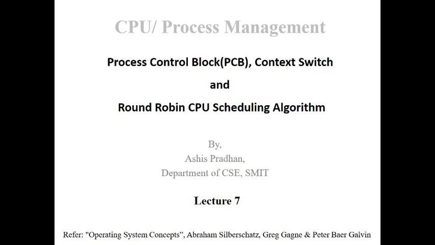So just to summarize, what we discussed in our last session was all about the process state diagram, and some of the CPU scheduling algorithms like FCFS, shortest job first, preemptive and non-preemptive versions, and the priority scheduling algorithm. Those were the CPU scheduling algorithms that we discussed in our last class. So today, in addition to it, through this lecture, we'll be discussing PCB, context switch time and the round robin scheduling